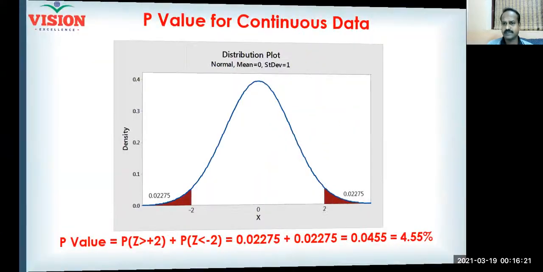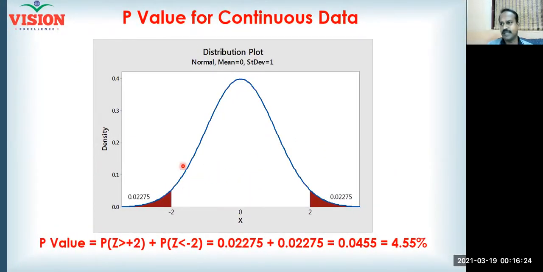To conclude, let us take one more example, and just by looking at the graph, you can understand this is a two-tailed test, right? This is a standard normal distribution with mean equal to 0 and standard deviation equal to 1. Now see here, the z value found is 2. If it is 2 on the right side, being a two-tailed test, you need to consider minus 2 on the left side. So what is the p-value here? Probability of z being more than plus 2 plus probability of z being less than minus 2, right? That means beyond plus 2 on the right and beyond minus 2 on the left.